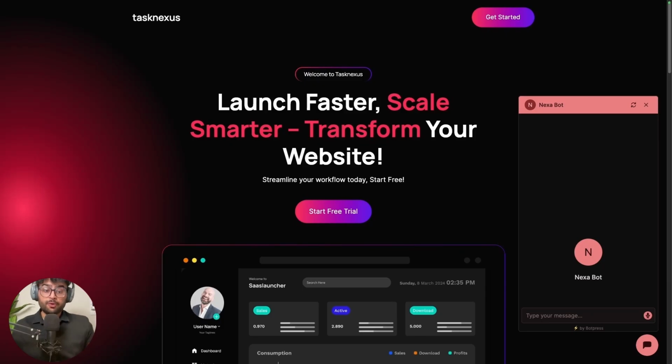So let's dive right in. Alright guys, so before diving into the actual tutorial, let me quickly take you through what we are going to be achieving today. This is a SaaS website that I have over here. And what I intend to do is that our chatbot will be able to answer questions from the website. The chatbot will also be able to answer a few more questions from other data resources that we'll be uploading